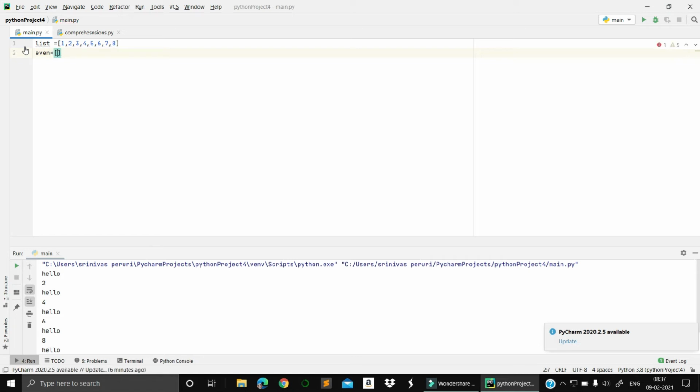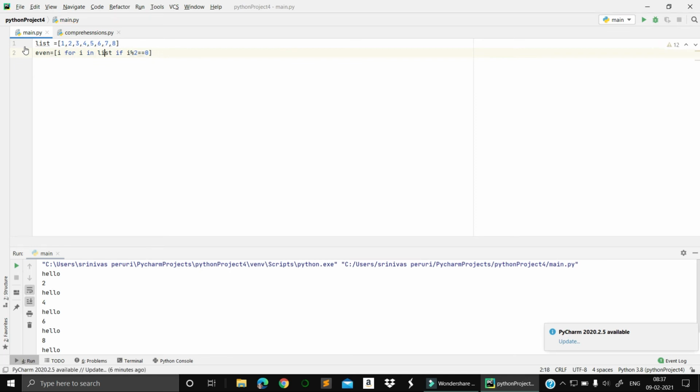In such a case, I am using a list inside a list. For i in list, if i modulus 2 equals 0, then I will print that i value. Correct, right?